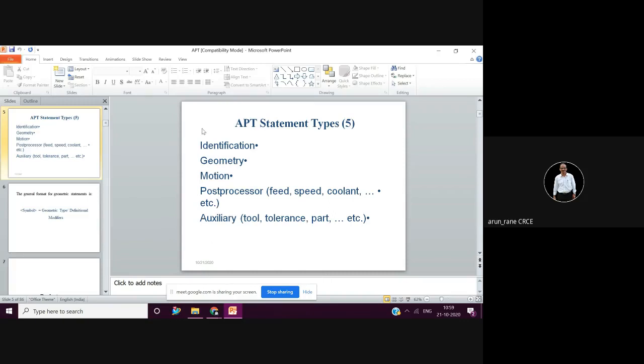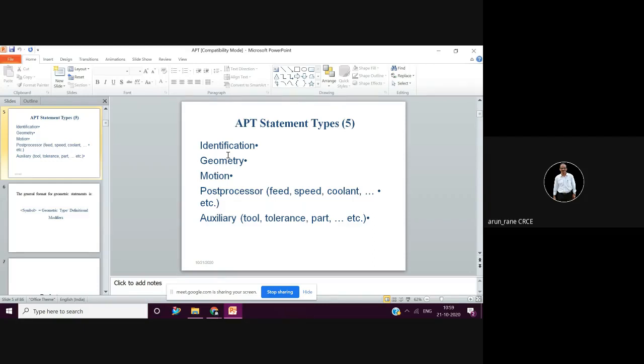Now, in the APT file there are statements, and these statements are classified into four types. The question which can be asked in the examination is: describe various APT statements, or if it is 10 marks, then describe any five APT statements, two marks for each statement with an example.